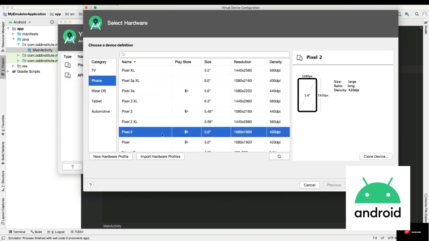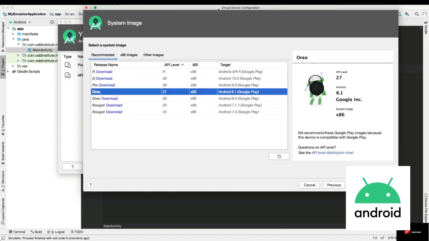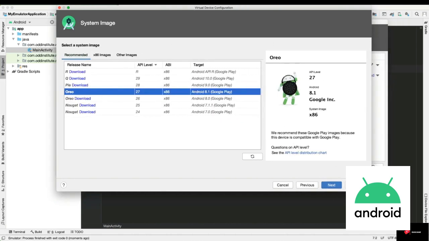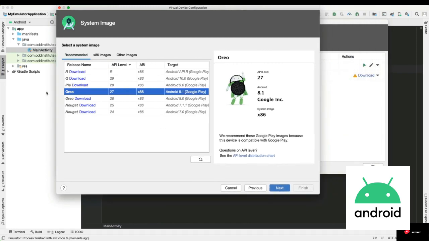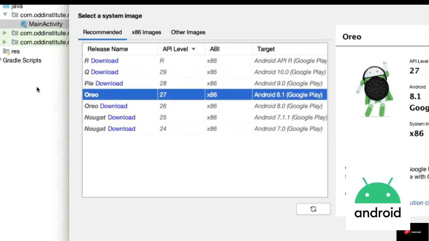The first thing in here is the name of your application. Let's say I want to call this one my emulator application. It doesn't matter what you call it, but for now, I'm just going to give it a name so that I know what it is. The second thing is the package name, and this package name is actually quite important